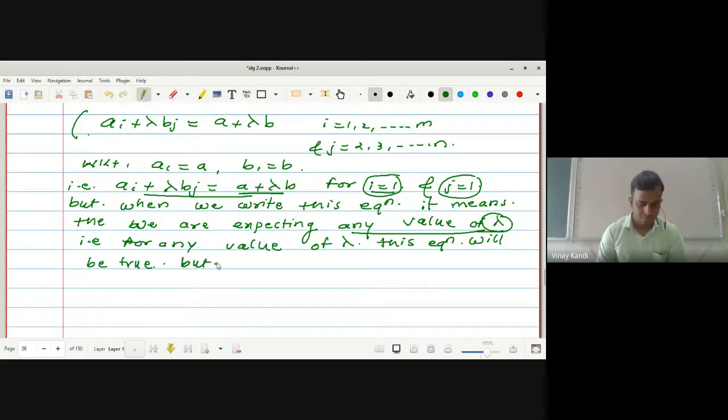But when we consider equation 1, it is true only